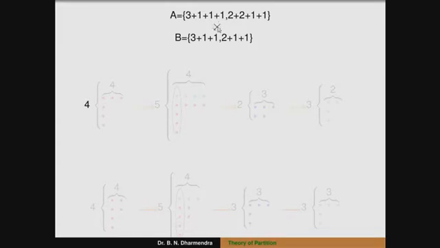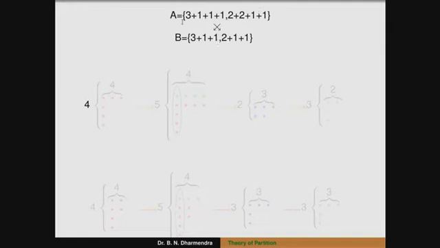How can we show that it is one-one and onto? Here 3 plus 1 plus 1 plus 1 goes to 2 plus 1 plus 1 by using the regular method. After adding the top row of C, we have to delete the column, and then we have to take the conjugate. So finally it will appear as 2 plus 1 plus 1. Here also we have to consider 2 plus 1 plus 1. Now, to take the top row, we can add C, delete the column, and take the conjugate. That conjugate must be 3 plus 1 plus 1.